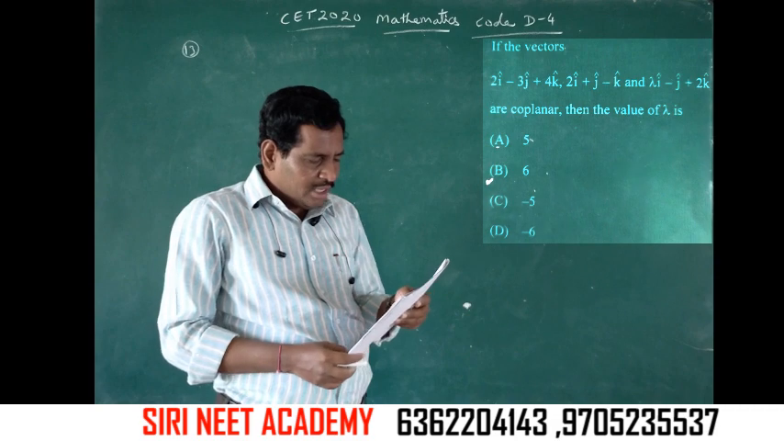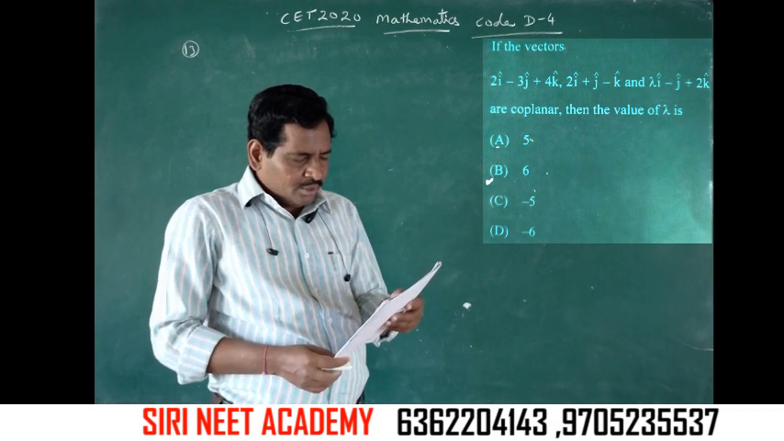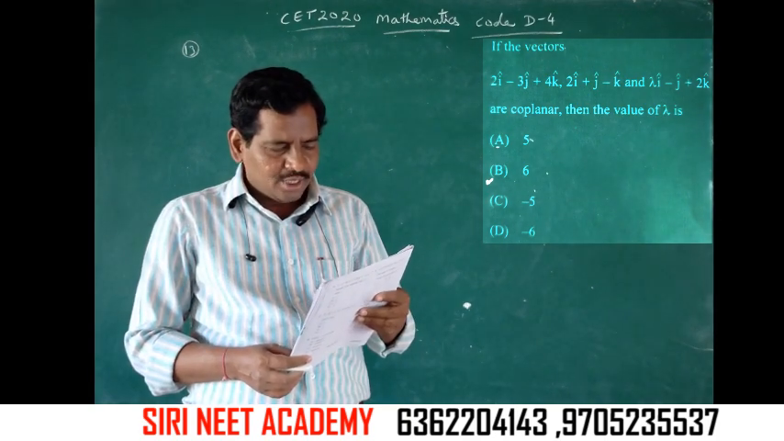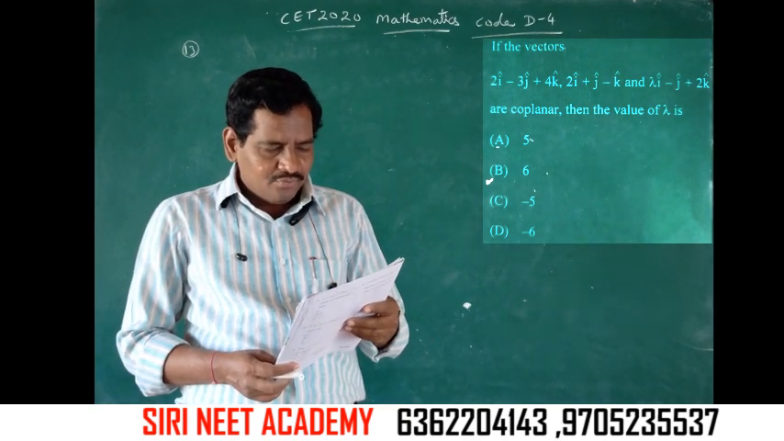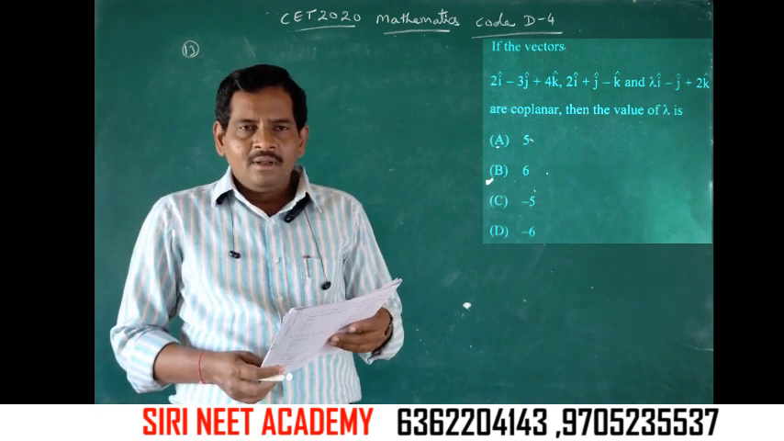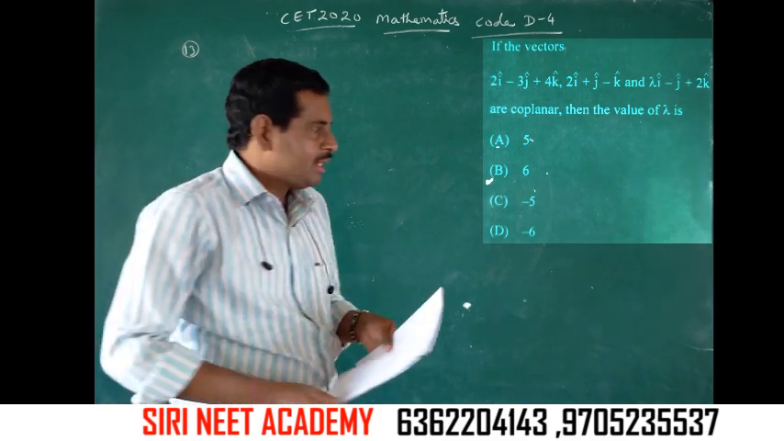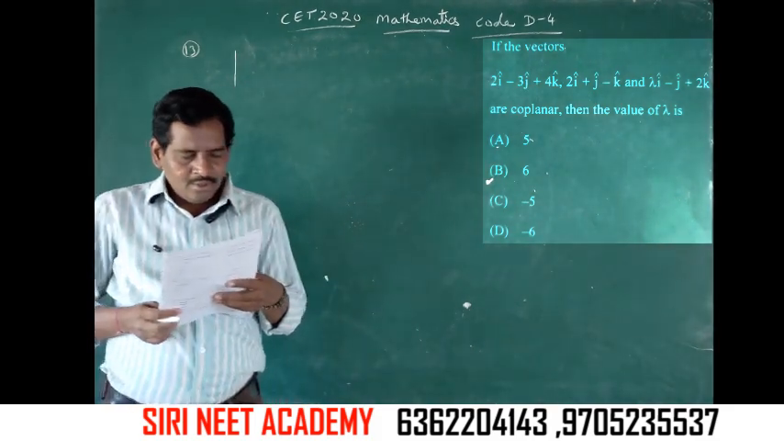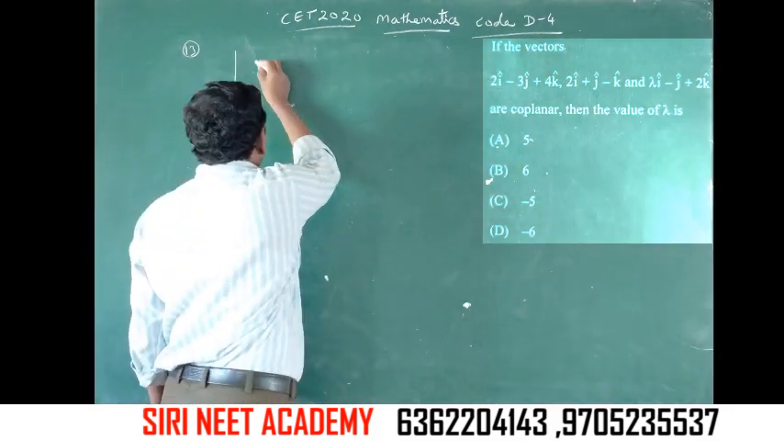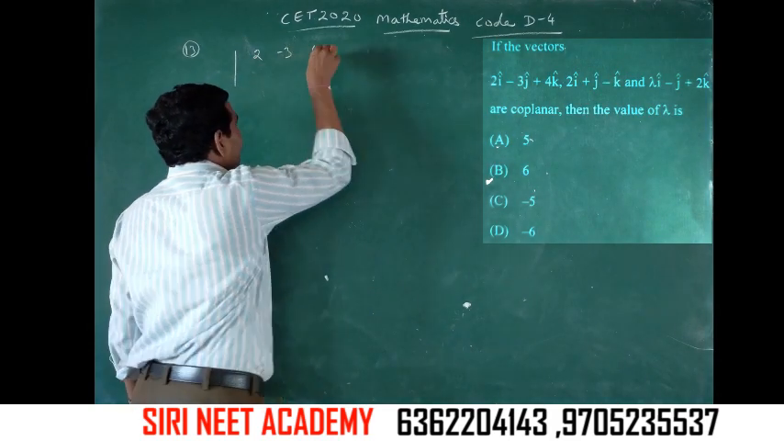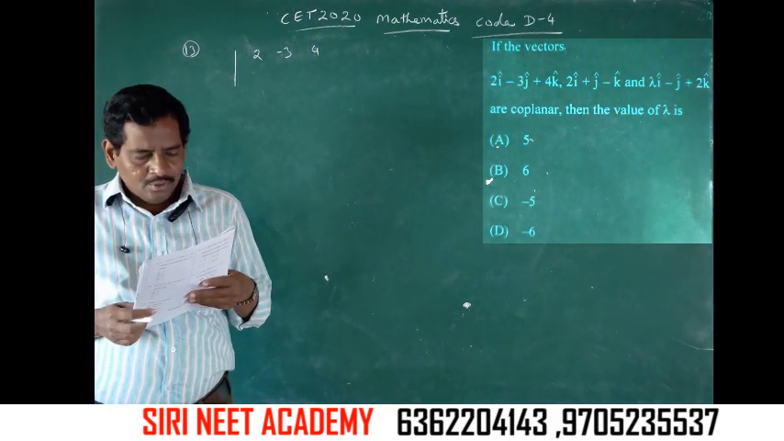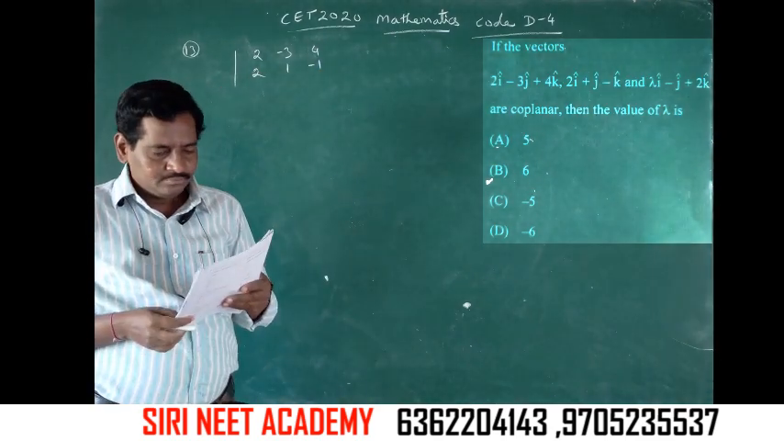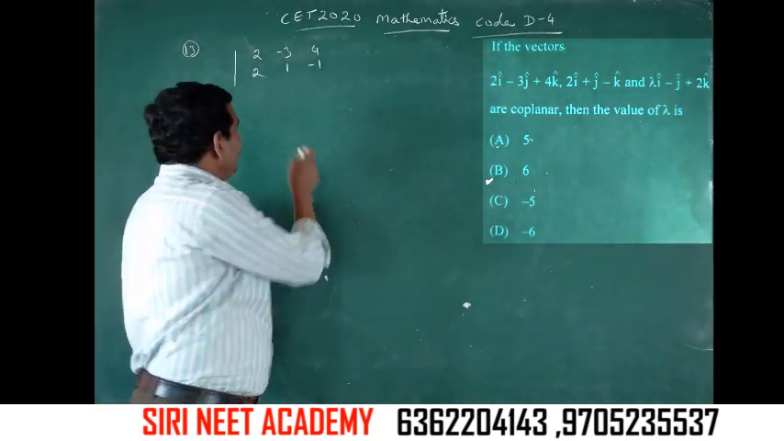If the vectors 2i minus 3j plus 4k, 2i plus j minus k and λi minus j plus 2k are coplanar, then the value of λ is. Simple one, the determinant of coefficients is 0. So the determinant of 2, minus 3, 4; 2, 1, minus 1; λ, minus 1, 2